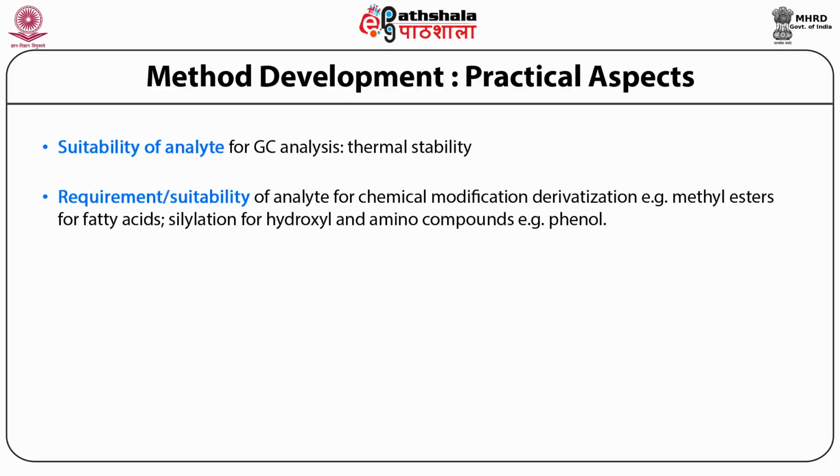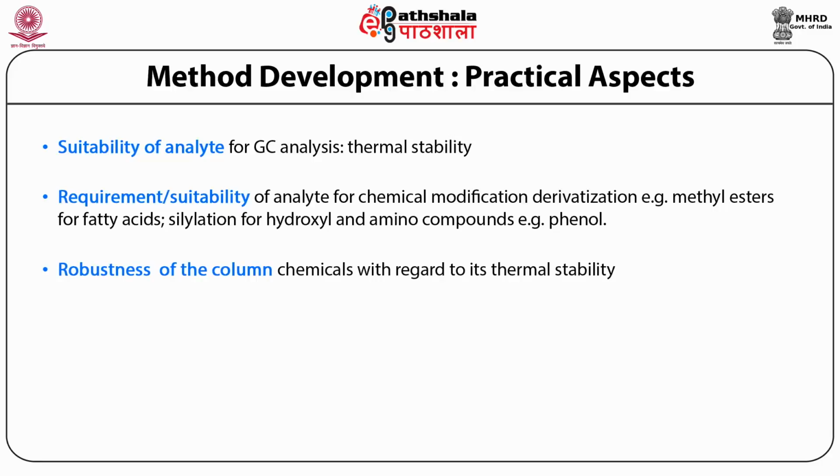Derivatization, apart from modifying polarity or volatility, can also help the compound to be tagged with a functional group to improve detection. So, for example, tagging with chlorine is done to improve the response of the electron capture type of detector. Then the robustness of the column chemicals with regard to their thermal stability needs to be